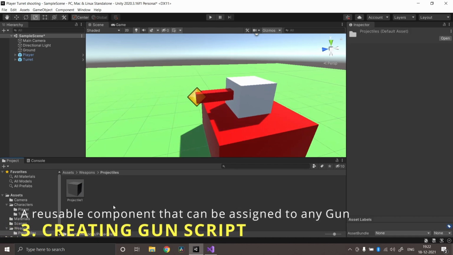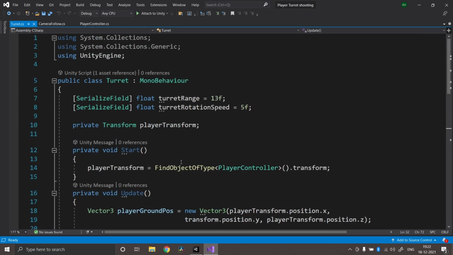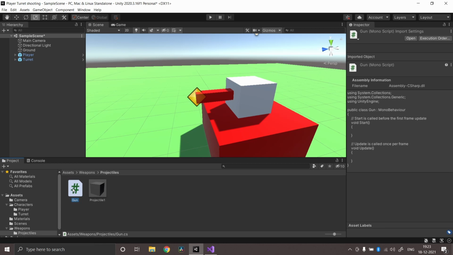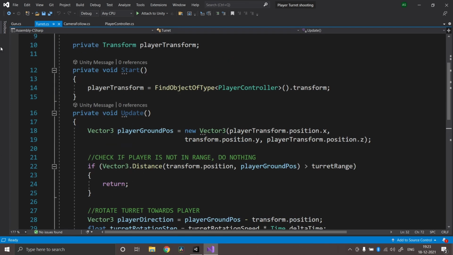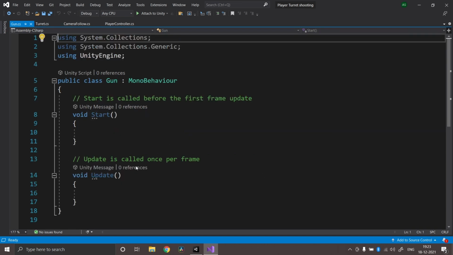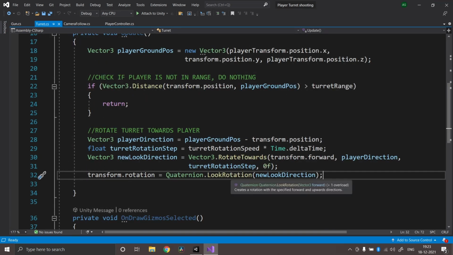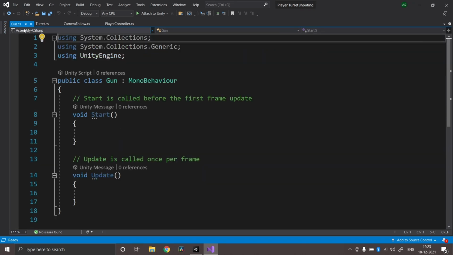And the next step is to create code for it. So I'll right click, create a C# script. I will call this gun. And we could actually put all this logic in the turret class, but it makes sense to create a separate gun class which we can then reuse on other guns. For example, if the player has a gun, it makes sense to centralize or encapsulate all the gun logic into a single class and then use it inside the turret. But the turret will not control how the gun would work. The turret would just control the direction in which it faces. And I hope that makes sense.